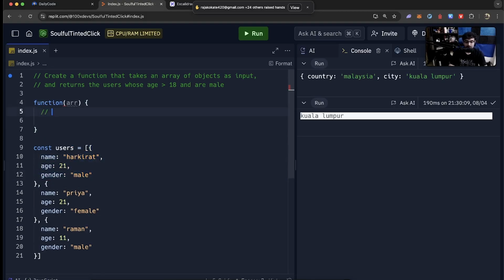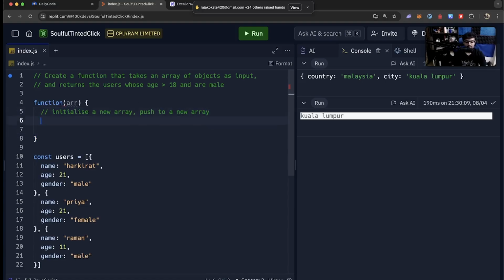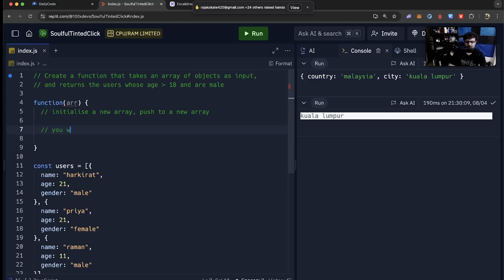So here you will have to initialize a new array. You will have to push to a new array. These are two things I haven't introduced. Or if you want to get fancy, you can use the filter function inside an array. These are the two approaches to take. Here also you will require some Googling if you're completely new. To try this out, take a screenshot of this because I will have to change the screen again.